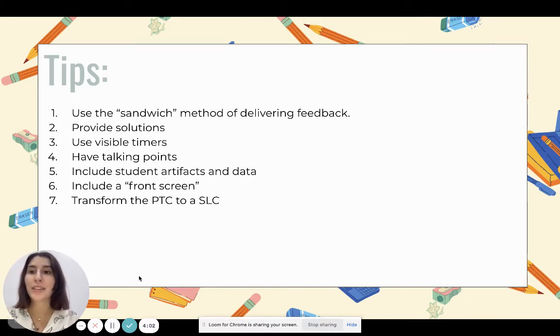My fourth tip is to have talking points already ready. Either you can write them down, or you can even have them visibly written on your slide if you're choosing to do that, especially that this time our parent-teacher conferences are virtual. So maybe even have some point forms for you, especially if you're new, or it's your first year teaching the students themselves,